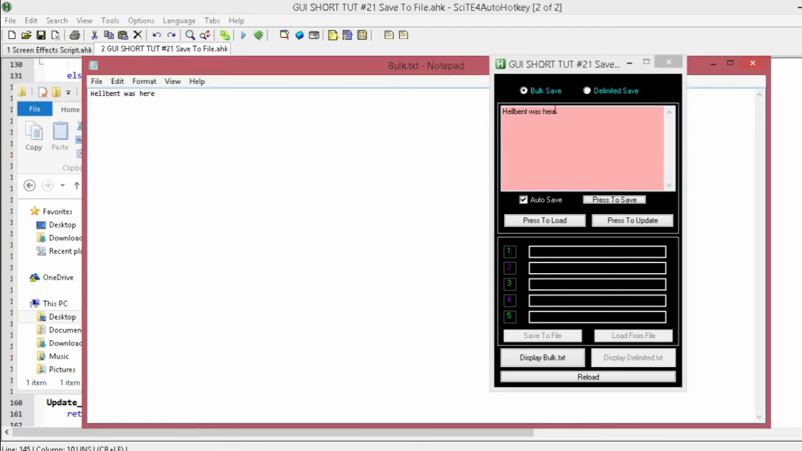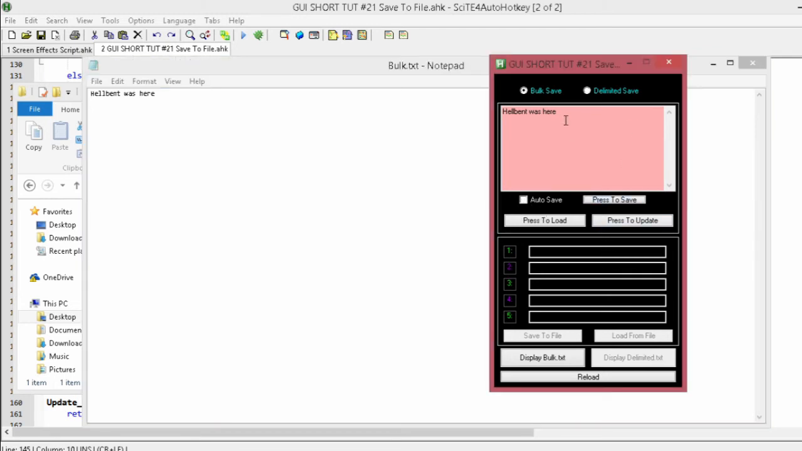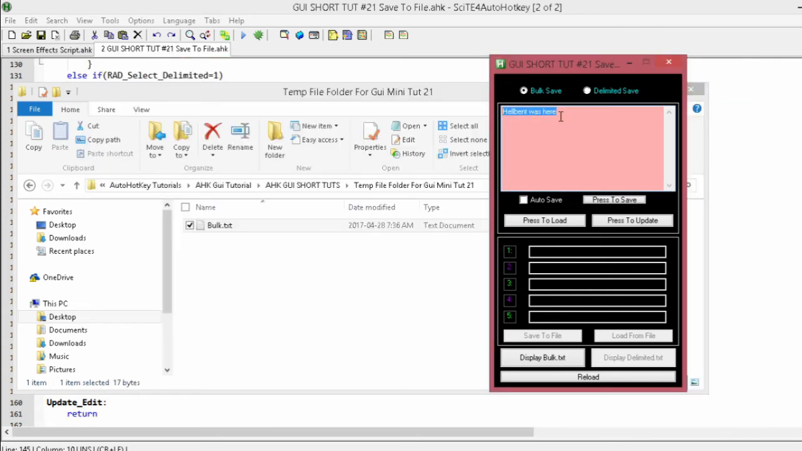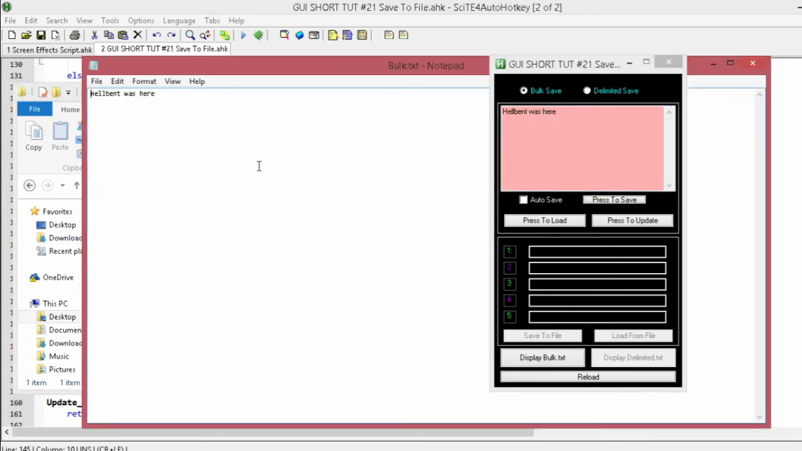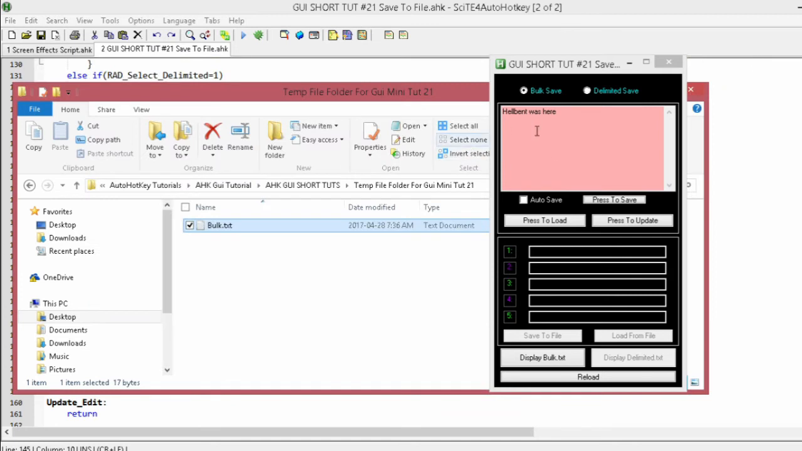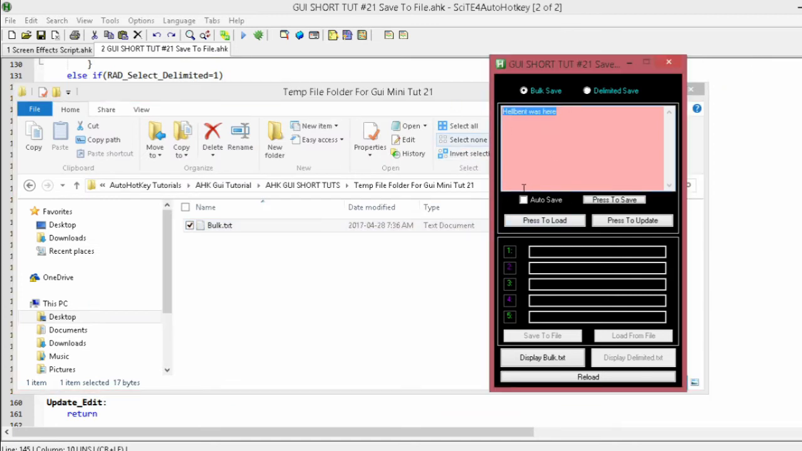And there we go. So as we type, it's deleting our previous file and creating a new one with the new contents. If I turn this off and close this, I'm going to type something else. Right now it has Hellbent was here. I'm going to erase that and